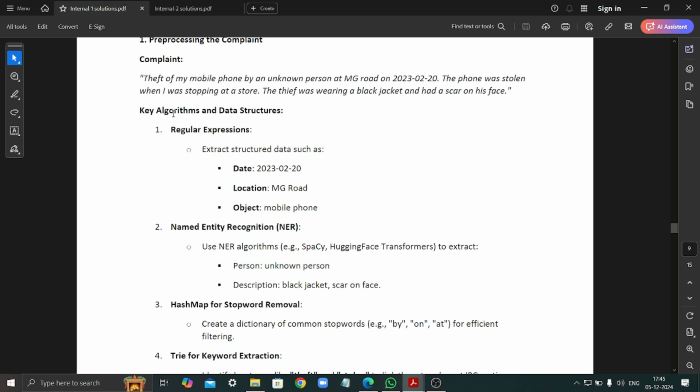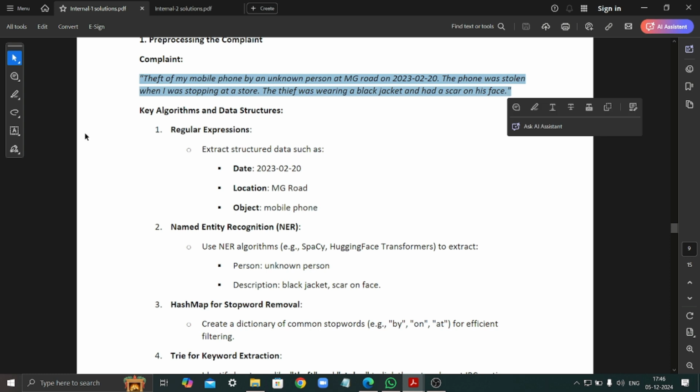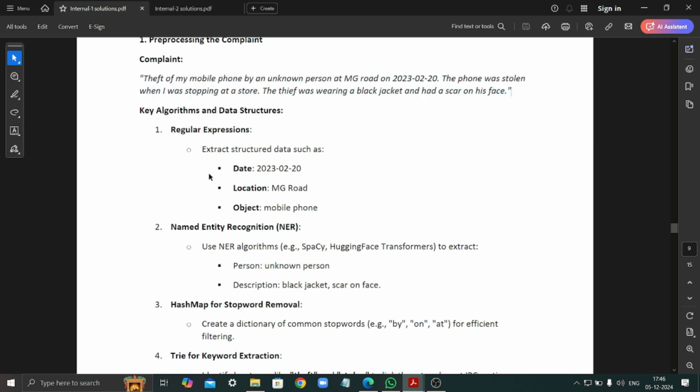So the key algorithms and data structures which we can use on this particular complaint is this regular expression, which can extract the data such as date, location and object, because these are the key features of this complaint. In order to investigate this whole thing, we have to know the date, location and object. Like, this is a theft activity, so we have to get the object which is theft,